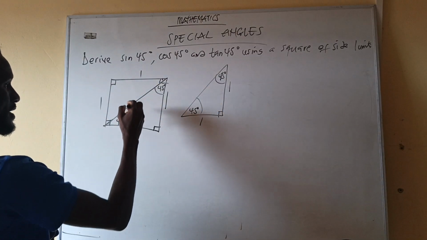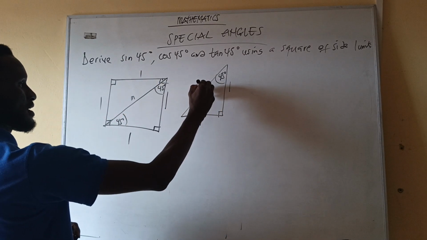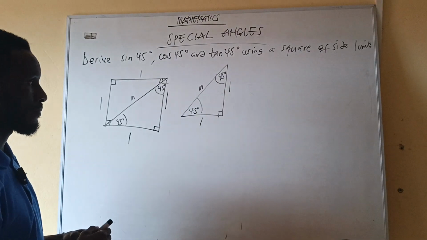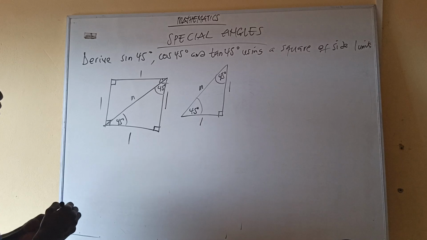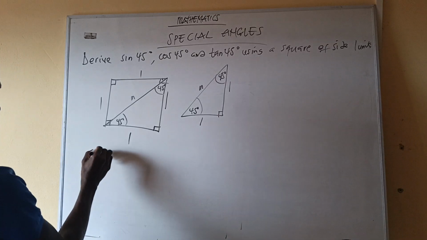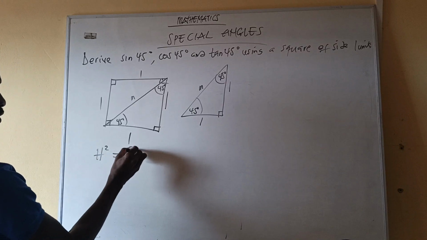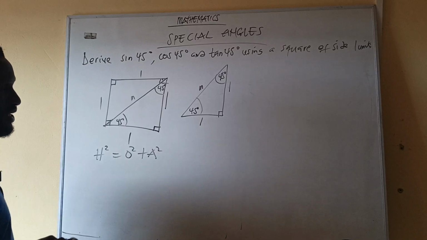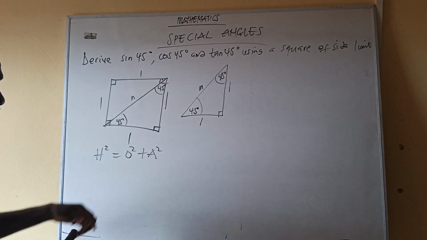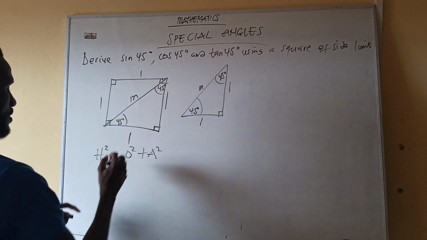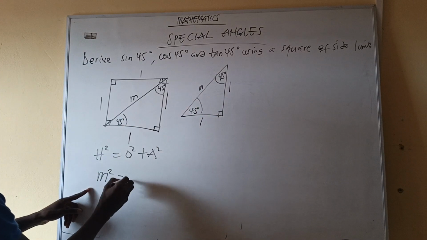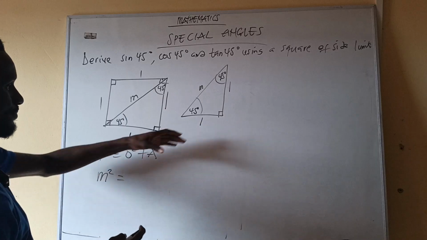Now let me consider this side to be M. It means this side is also M. How can we find the hypotenuse M, or the diagonal M? Don't forget that the hypotenuse squared is equal to the opposite squared plus what? The adjacent squared. Don't forget that the hypotenuse is now M. So we have M squared is equal to, now